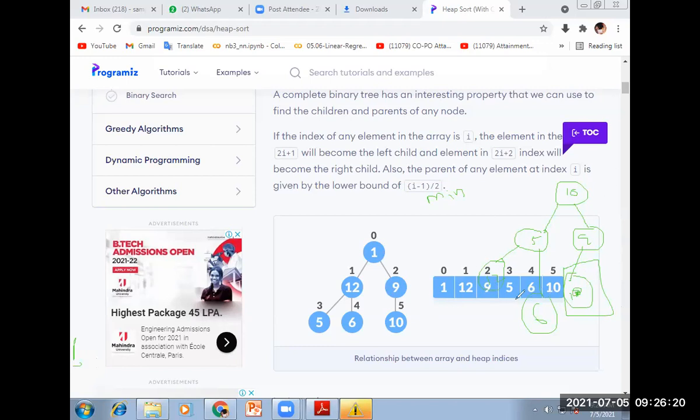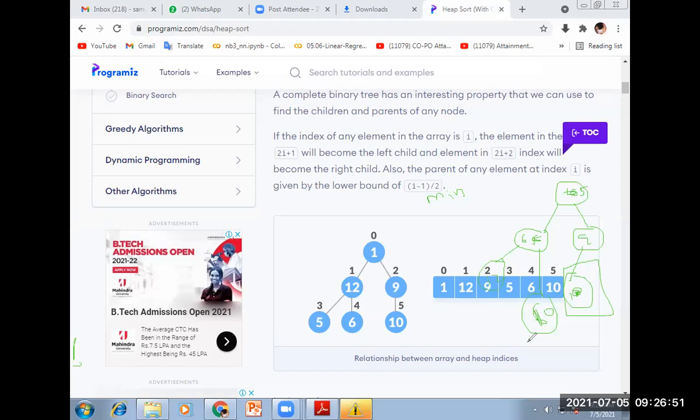Now you can balance the tree, because if you are constructing a min tree, the element must be lesser than the root node. So this is not a min tree, so swap here. So 10 comes here and 5 here. Here 10 is not greater than the root, so 6 comes here and 10 comes here. So the next min element is 5. Next, store this in the sorted position.